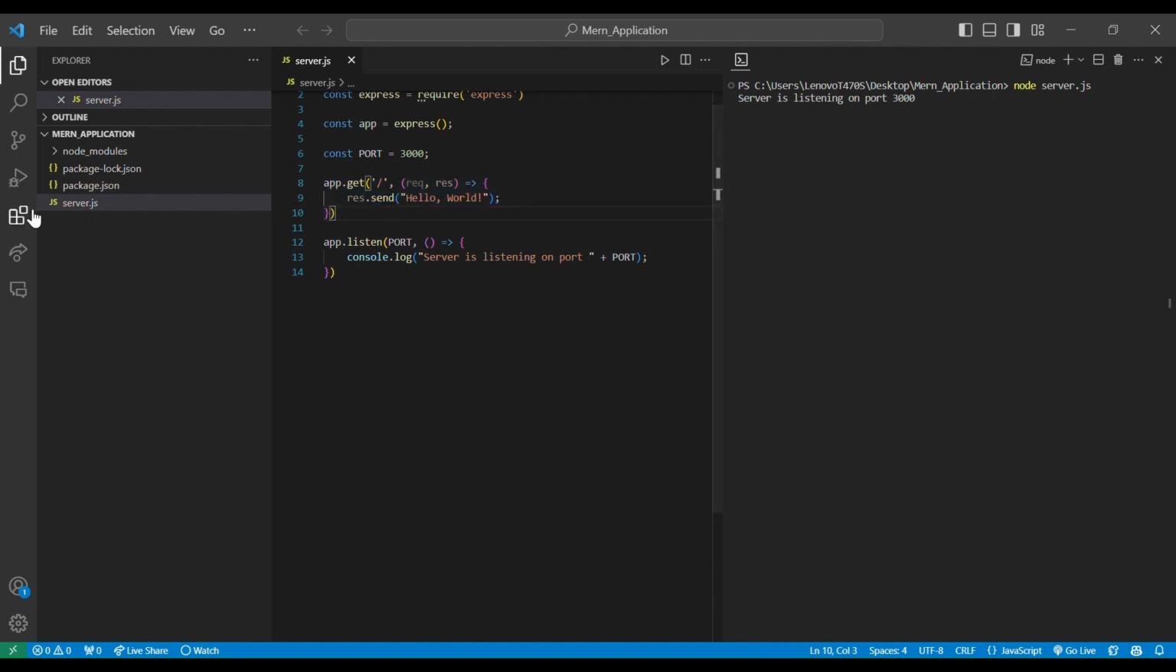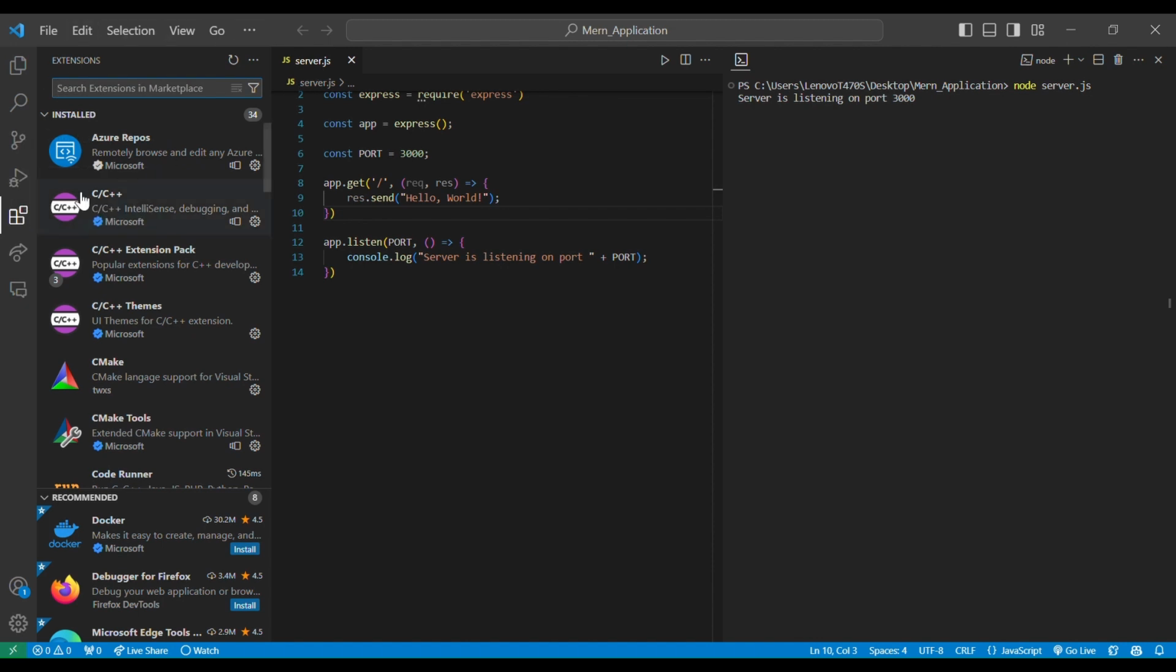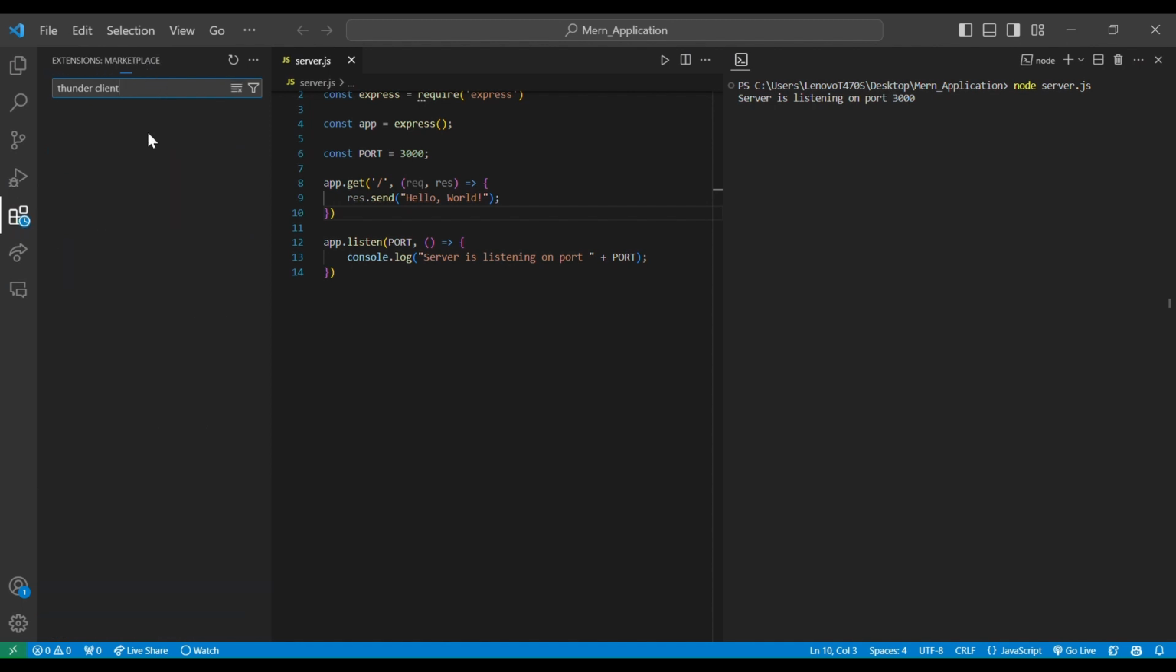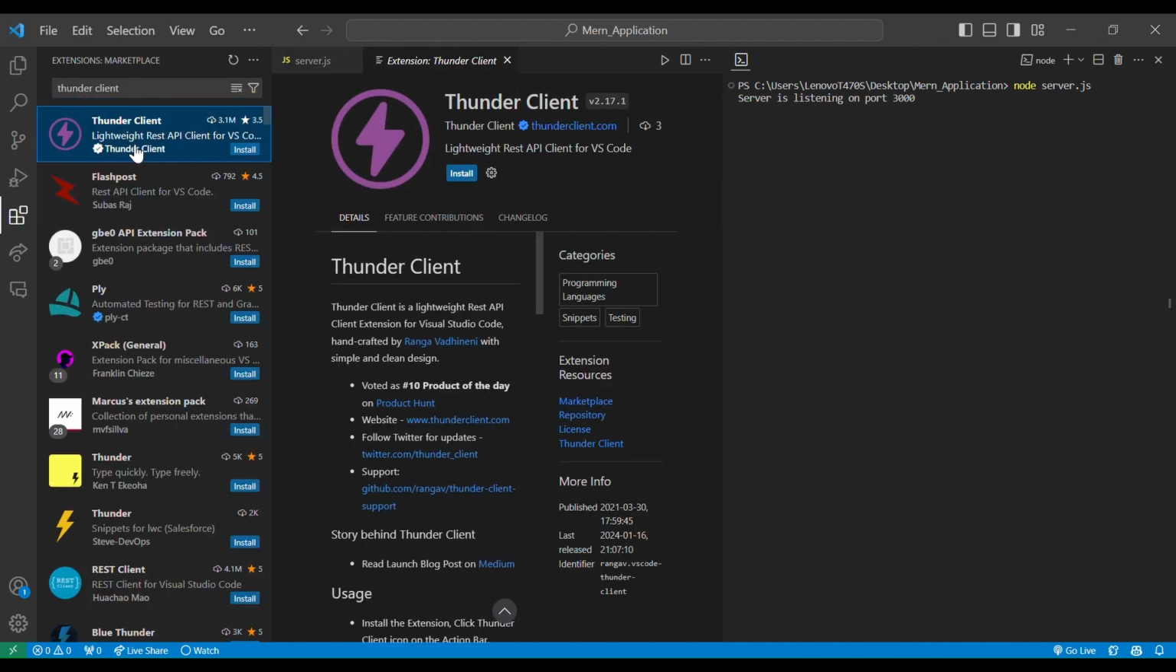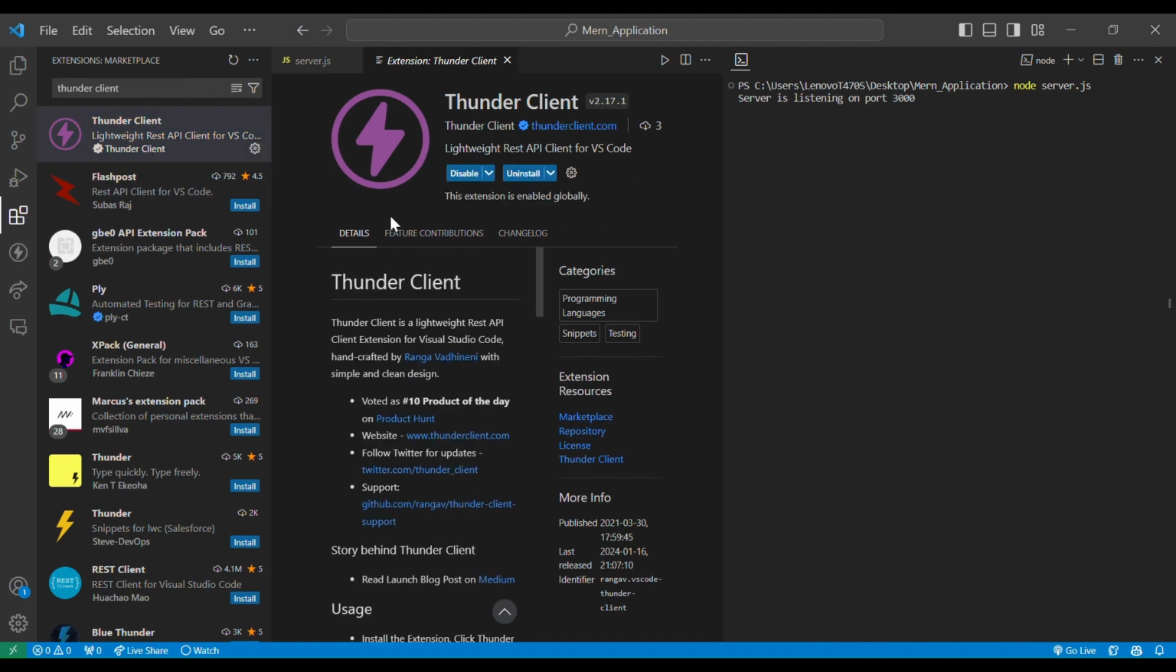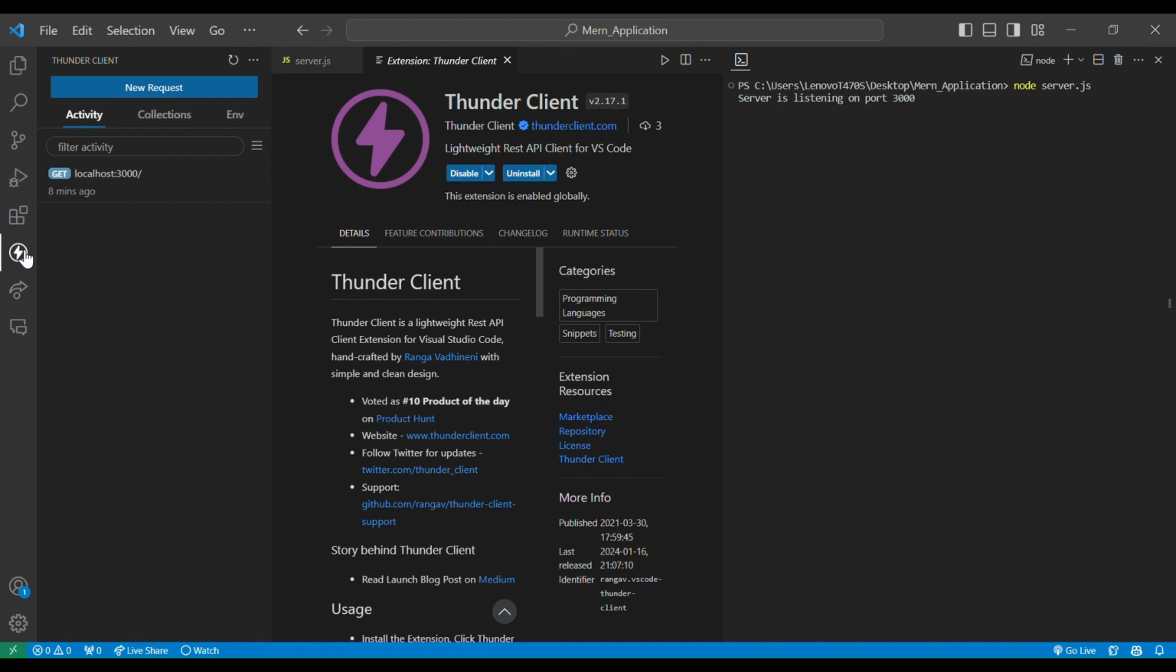Well, for this, I want you to go over into your extensions right here. And here, I want you to search Thunder Client. So we're looking for Thunder Client. This is an extension that is going to allow us to send HTTP requests and test our endpoints right here inside VSCode. Just click on install, and you should see this icon right here in your activity bar, which is a Thunder Client icon. I'm going to click here,